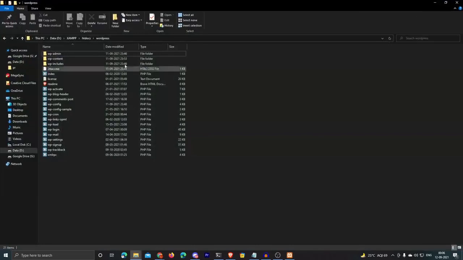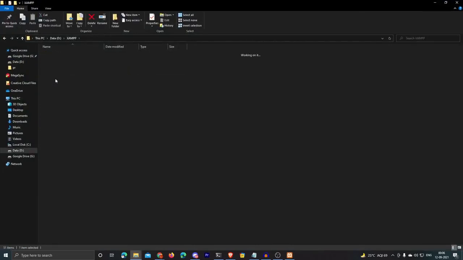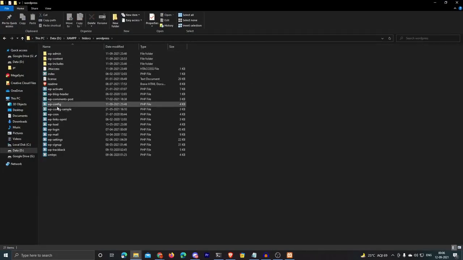We are just accessing on our localhost, which is not exactly what we want, right? Because we want to access our website from the internet, not on the localhost. Well, in order to fix this, you need to make some changes in the wp-config.php file. So just open your XAMPP directory and come to htdocs, go to WordPress, and you will find a file named